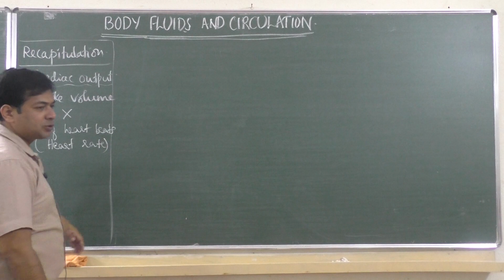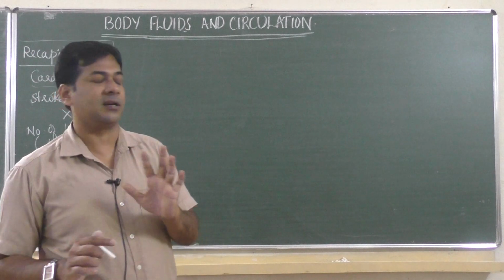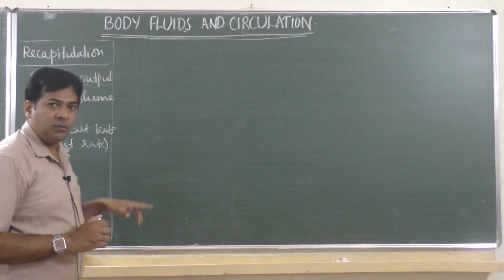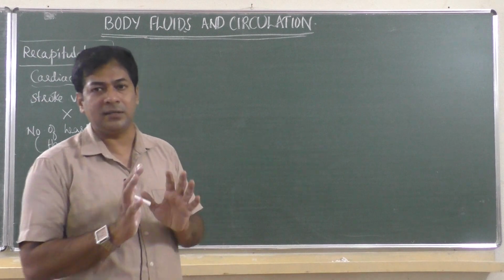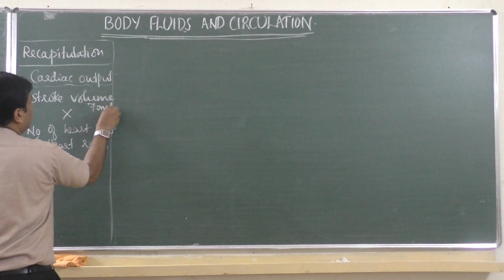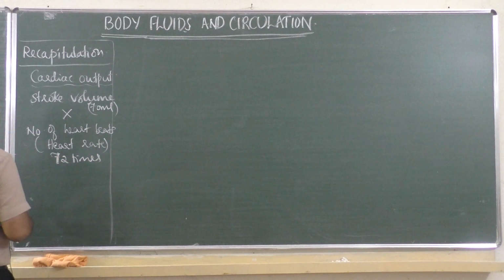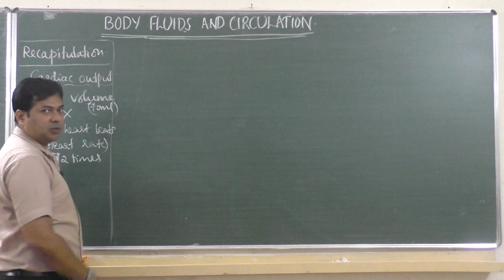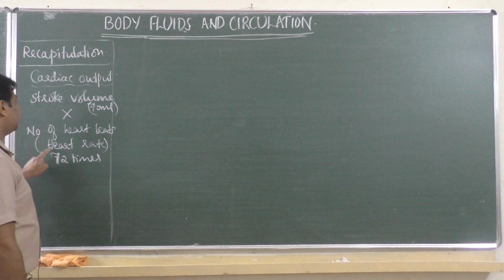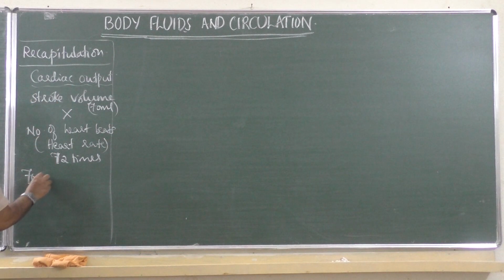So what is stroke volume? Stroke volume is the volume of blood pumped by the ventricles in a cardiac cycle, which is calculated as 70 ml. Heart rate is the heartbeat, on an average 72 times. So to calculate cardiac output, it is very easy. The formula is: cardiac output is equal to stroke volume into heart rate, that is how many times the heart beats. Stroke volume is 70 ml